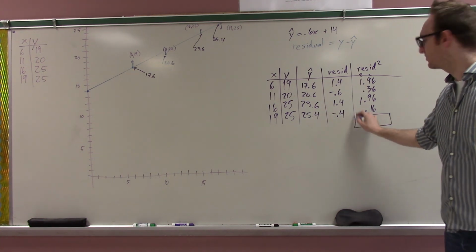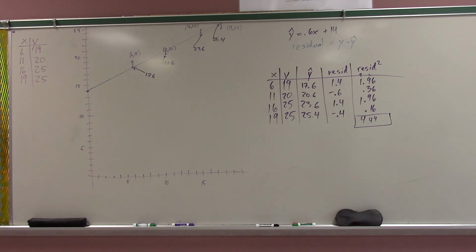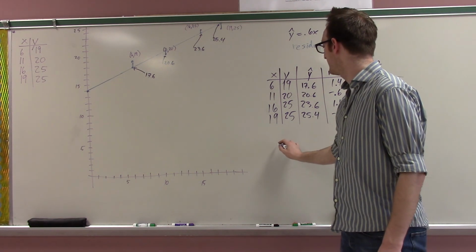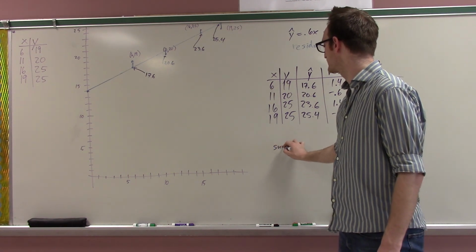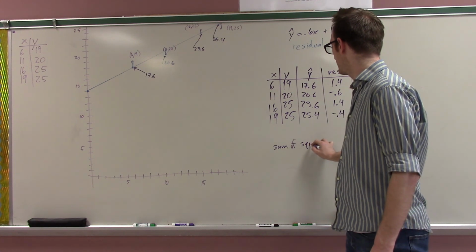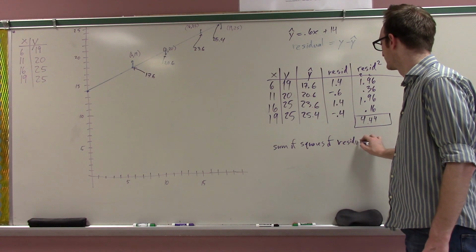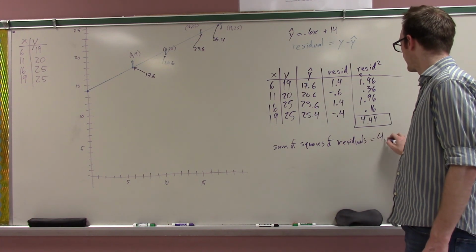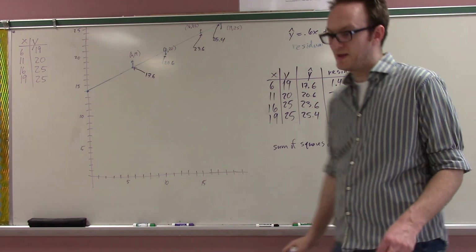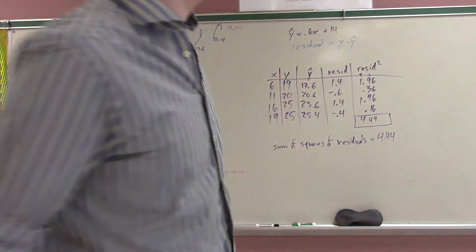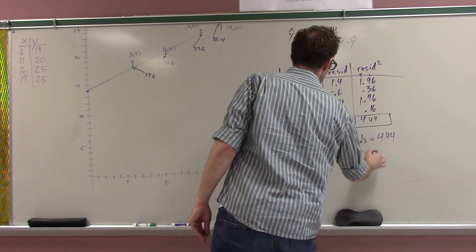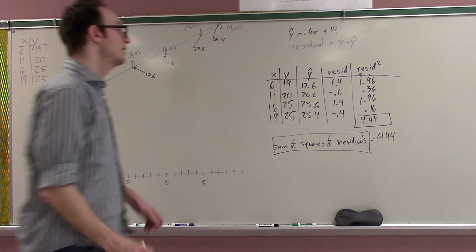So I think that for this problem, the sum of the squares of the residuals equals 4.44. All right, and this is the metric which I am going to use to determine whether a